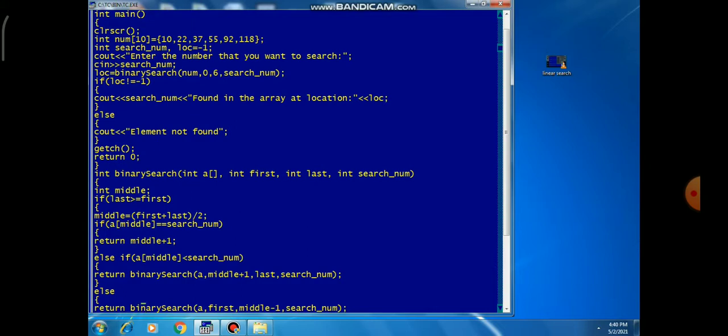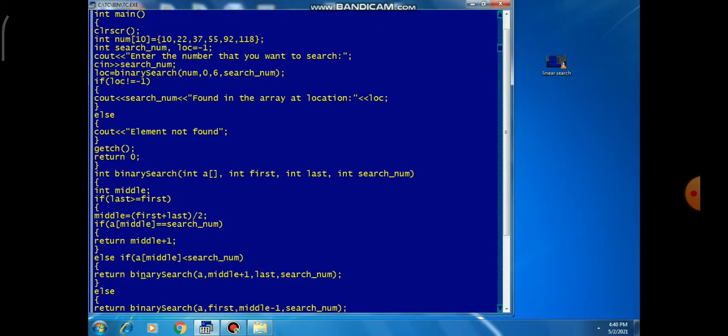If the element is found in any half, then it will print the location of that element. Otherwise, if the element is not found in any half, it will print element not found. Okay, so dear students, this is our program that we are performing for binary search.